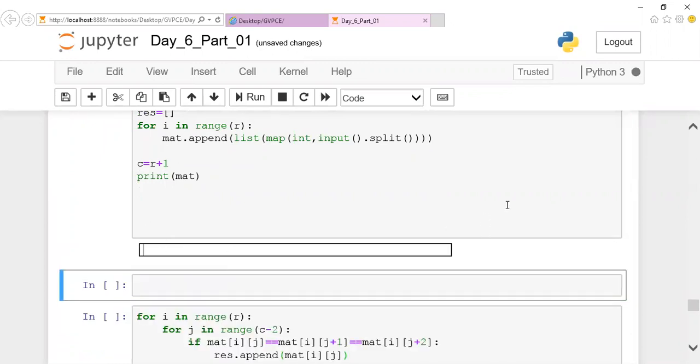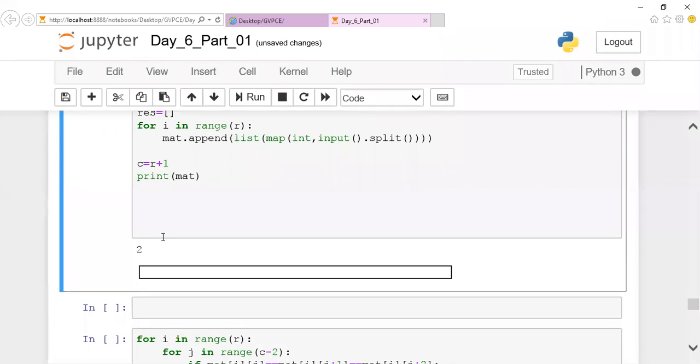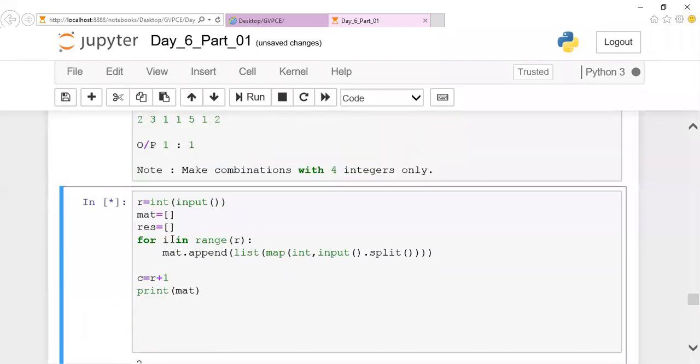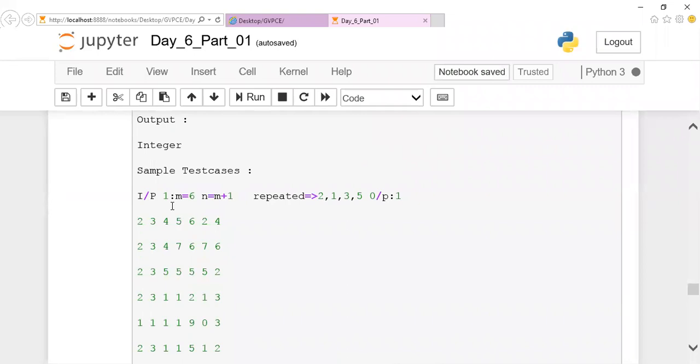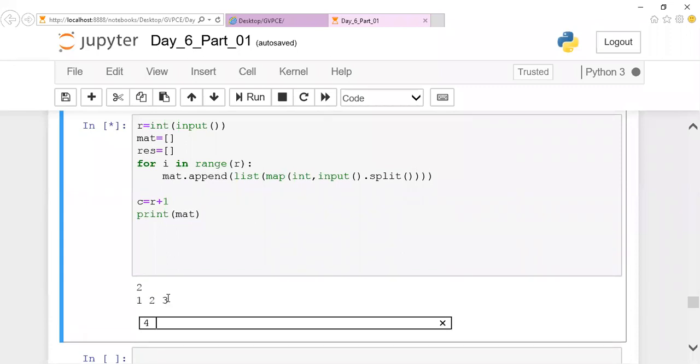The matrix form you're expecting is nothing but this, so notice here how your data will be. Why did I give 2? 2 is the number of rows. So you'll have 1, 2, 3, 4, 5, 6.